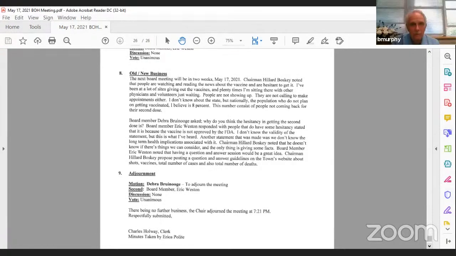We had you as believing 8%, but it should be 30. Yeah, 8% refers to the number of people who are not returning for their second shot. So maybe you could just clean that up. So I believe 8% are not returning for their second shots, and 30% are not vaccinated. Okay, thank you. No one else?